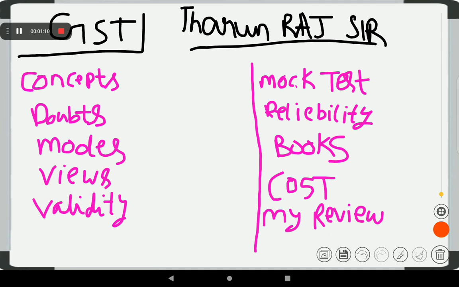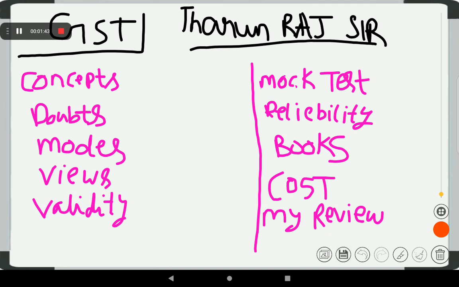In chapters like supply and exemptions, ITC, there is no logic sir is teaching, but here we can get to know the way you can learn. For example, the mnemonics sir teaches us, and the way you can remember the concepts. But because of the lack of logic, it is very hard for us to remember. If you know the logic and remember, it is different, but without knowing the logic, if we remember, it is a totally different kind of thing.